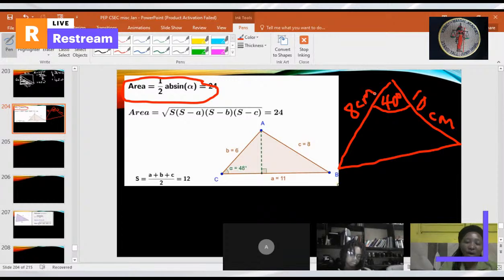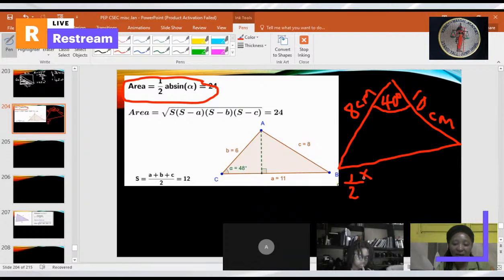So this is when you know an angle and you know the two sides that the angle lies between. You can use the formula half AB sine C. So you can assign the letters A and B to either of the sides once they have the angle between them. So it'll be half times 8